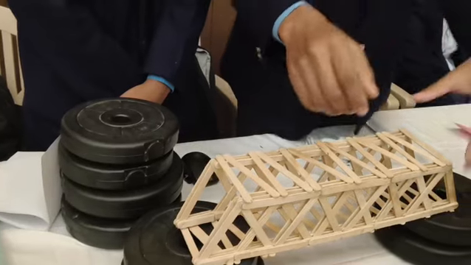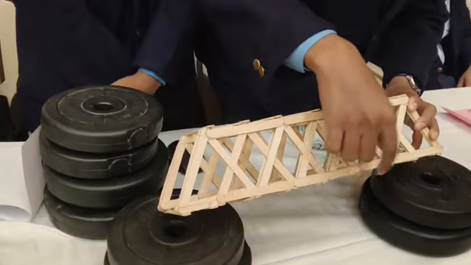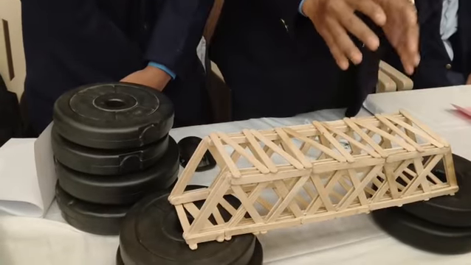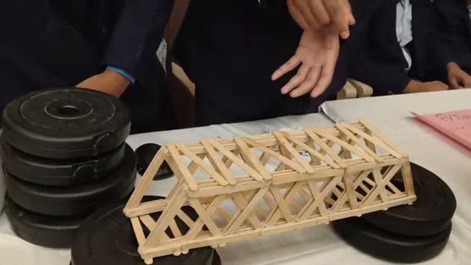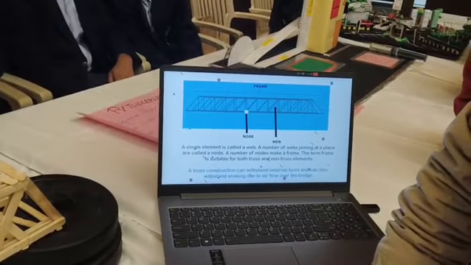A single element is called a web in a bridge, and a collection of webs is called a node. And the whole structure is called a frame. A frame can be used for both truss and non-truss structures. The main reason truss construction is used is because it can easily withstand external forces and airflow over the bridge.